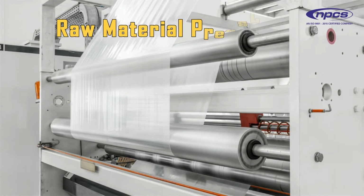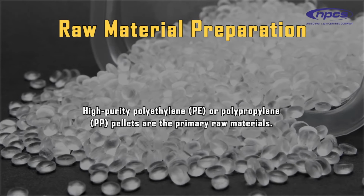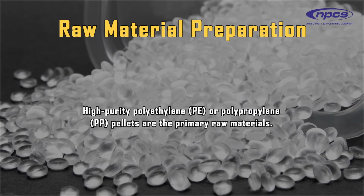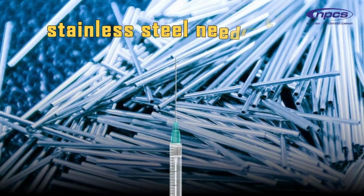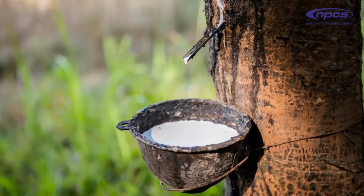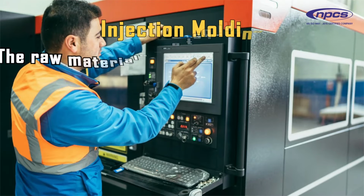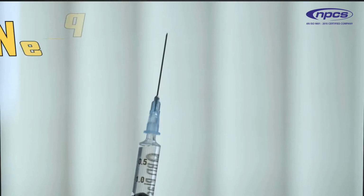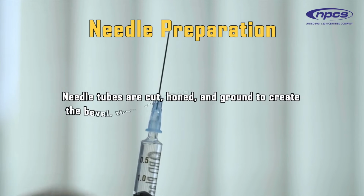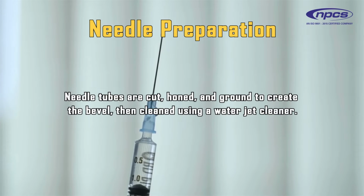Manufacturing process. 1. Raw material preparation. High purity polyethylene, PE, or polypropylene, PP, pellets are the primary raw materials. Other materials include stainless steel needle tubes, medical grade rubber seals, and printing ink. 2. Injection molding. The raw materials are fed into the injection molding machine to create the syringe components. 3. Needle preparation. Needle tubes are cut, honed, and ground to create the bevel, then cleaned using a water jet